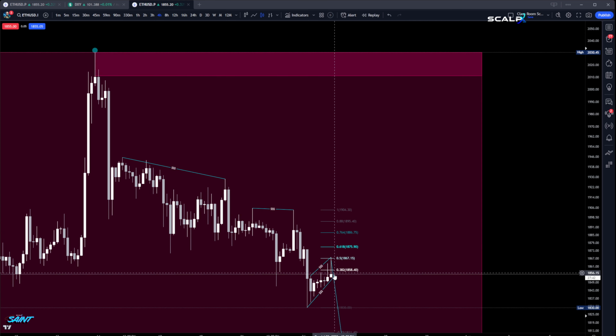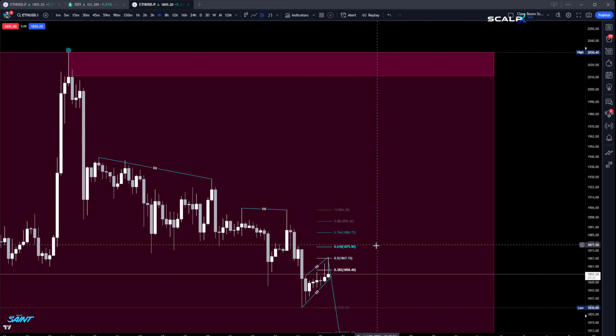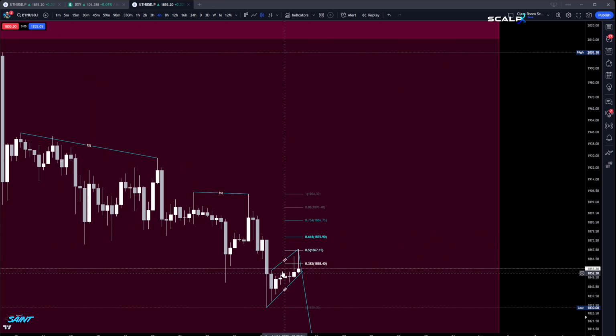I got to tell myself, if this wick turns into an actual body and it doesn't remain a wick, then I may need to change my narrative. As of right now, I don't need to change my narrative because one, I haven't put in a new high. A new high would be somewhere over here. Just FYI, if anybody's curious, like, hey, what high are you measuring from? It'd be somewhere over here,